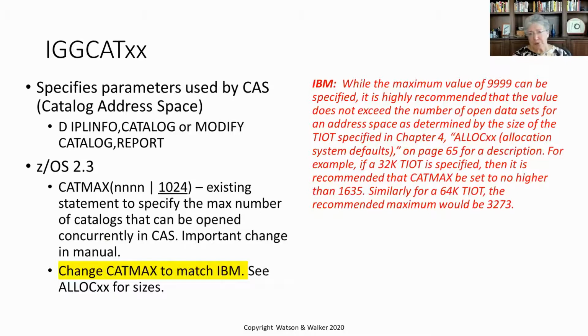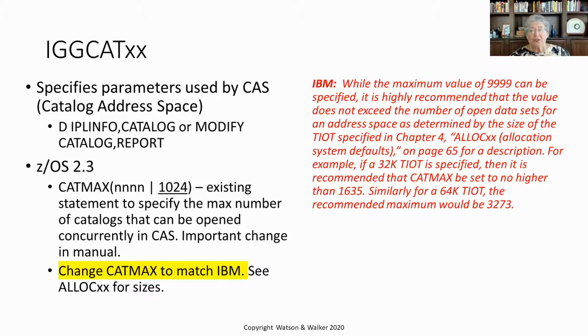IGGCAT specifies parameters used by the catalog address space. There's a parameter called CATMAX that has a default of 1024. I have to tell you, I have seen almost nobody change that parameter. But IBM came in in 2.3 and added an important note. Now remember, only weirdos like me read these little change bars. So most people didn't get the word. And what they're saying is